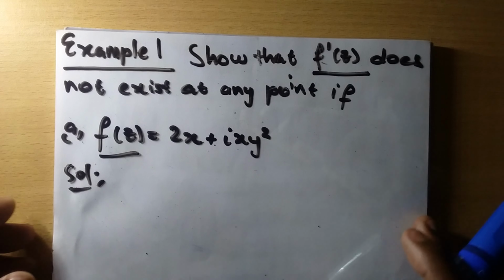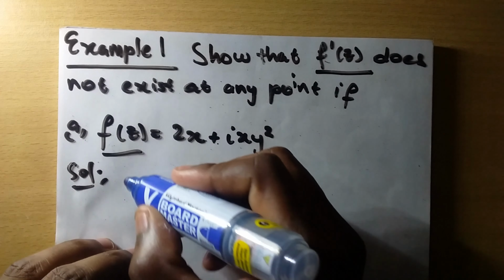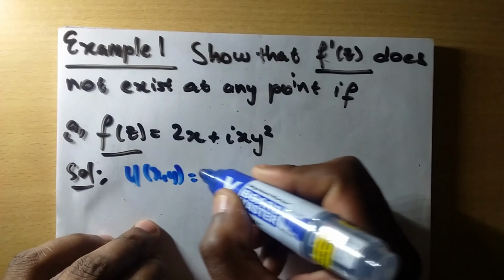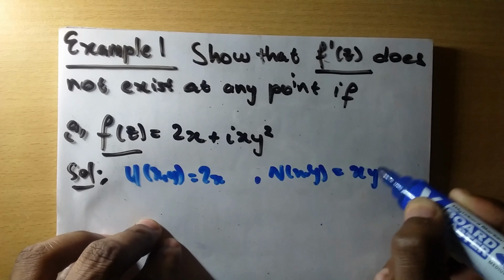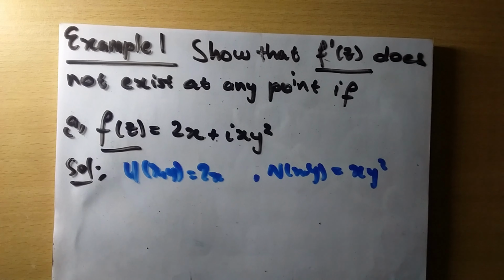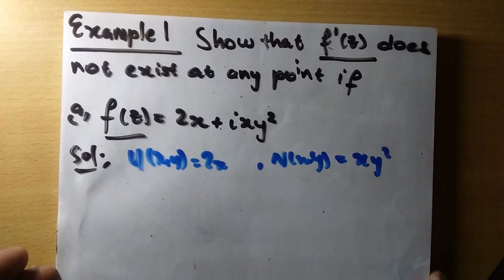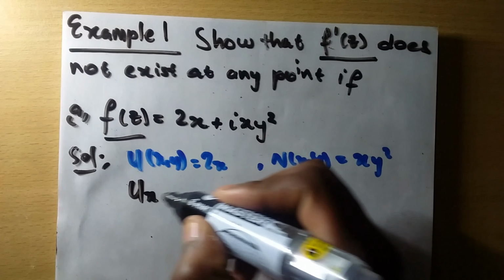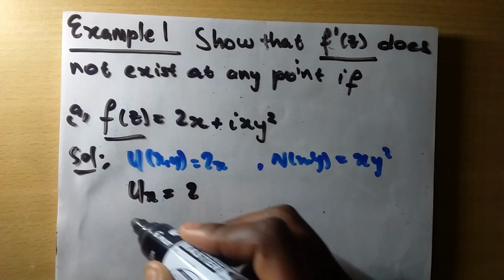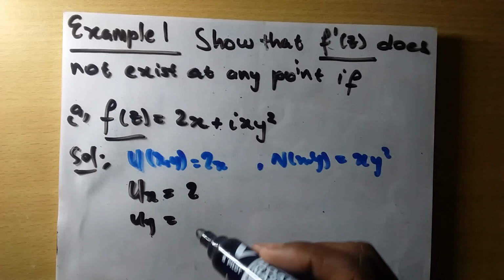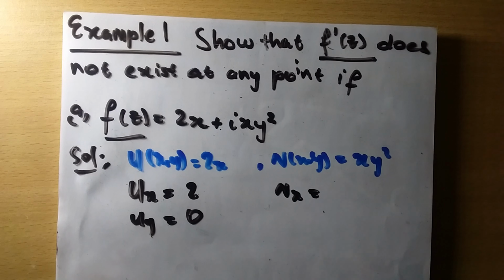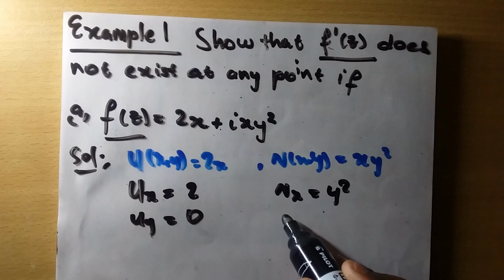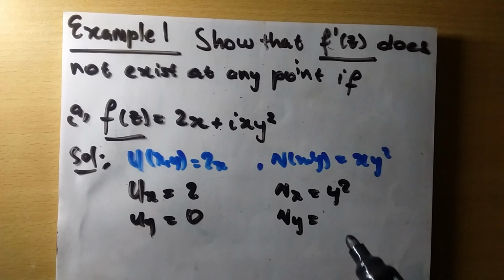So in our first example, we can see that our u of x,y is 2x and our v of x,y is equal to xy squared. With us identifying these u and v components, we can see that our u_x, the partial with respect to x, is equal to 2, and our u_y, the partial with respect to y, is equal to 0. We'll do the same thing for v: the partial of v with respect to x is equal to y squared, and the partial of v with respect to y is equal to